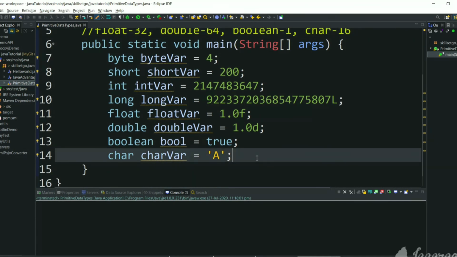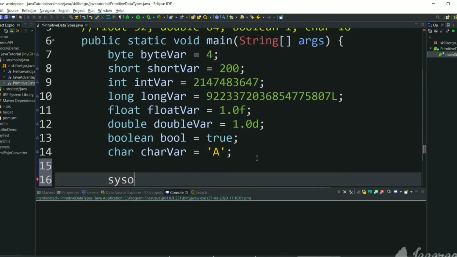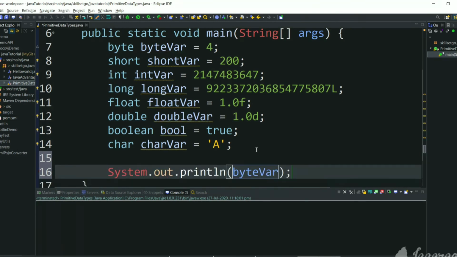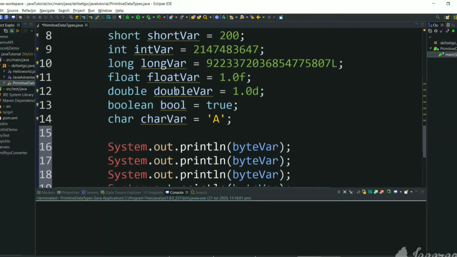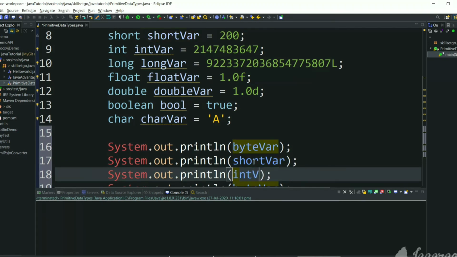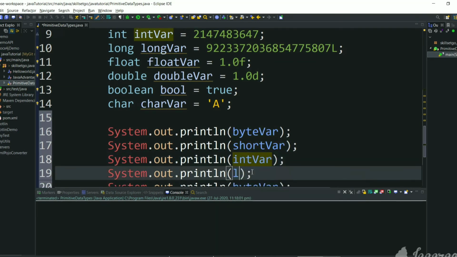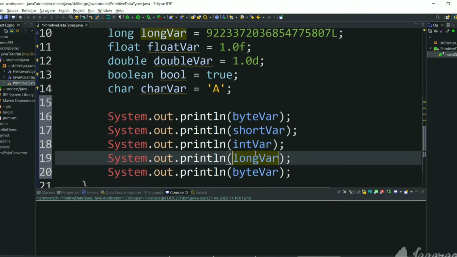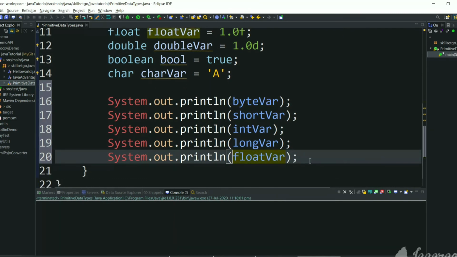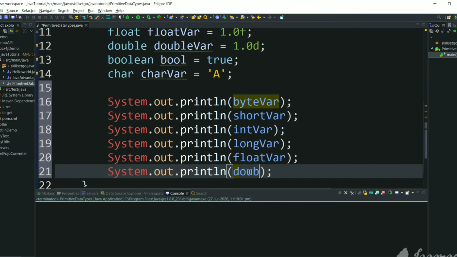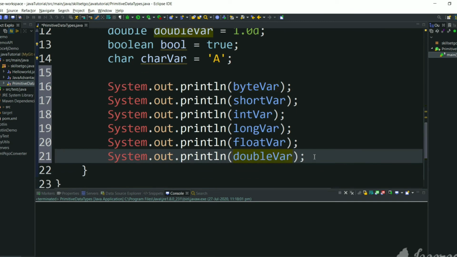Let's print these values and see the result. Byte variable, short variable, int variable, long variable, float variable, double variable, boolean and character variable.